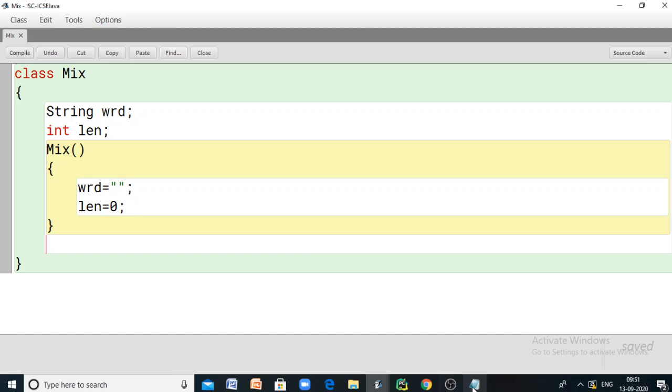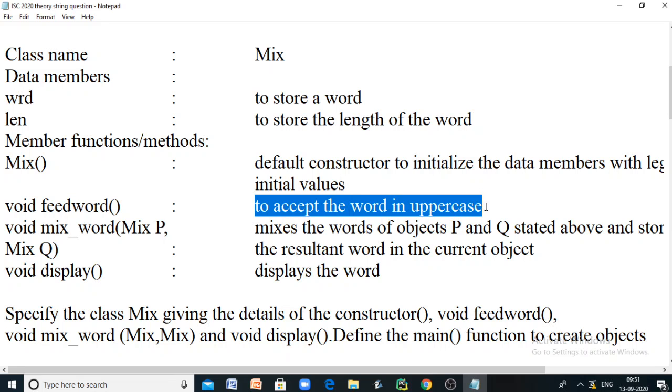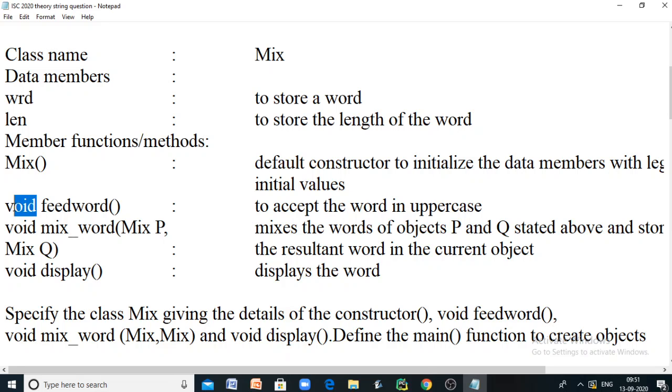Now what's next is we have to write a method feedword. Feedword is defined to accept the word in uppercase, and it is not going to return anything, and it does not take any parameter. Simply its purpose is to accept the string as input, especially the word as input.